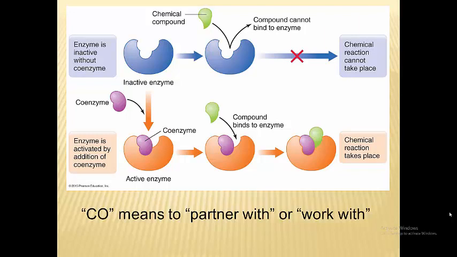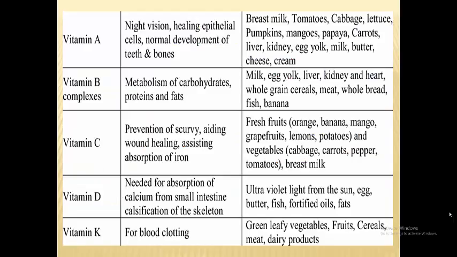So let's go back to this coenzyme thing. Remember, vitamins are coenzymes. And I'm going to give you a moment to look at this picture. I'll be quiet. So this is why we're saying vitamins help your body to engage in biochemical reactions. They don't do things themselves. They are helpers. They are co-workers, coenzymes working with enzymes. And so we don't need a lot. We just need enough. Food can do it.